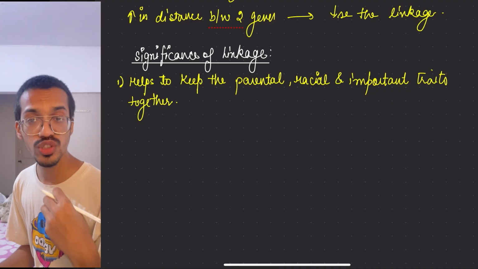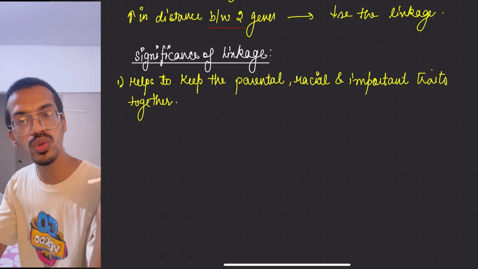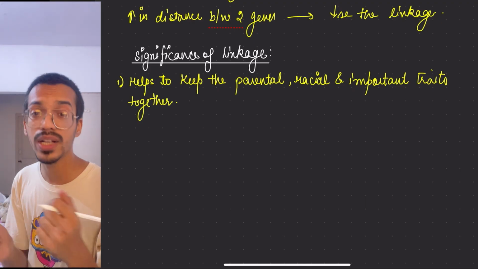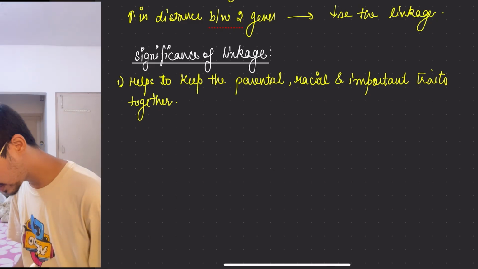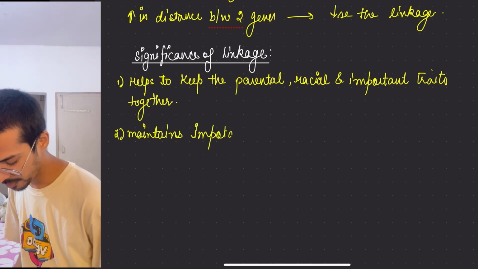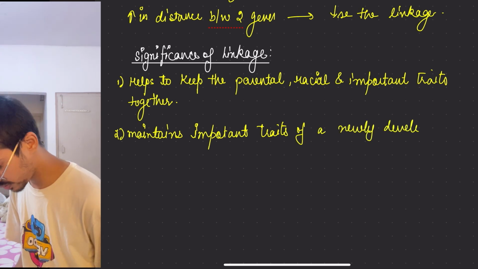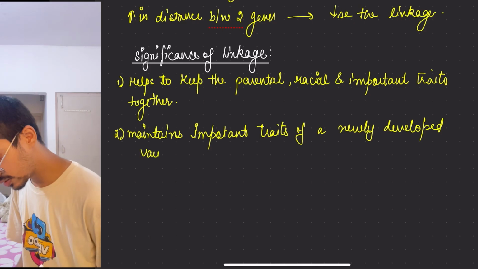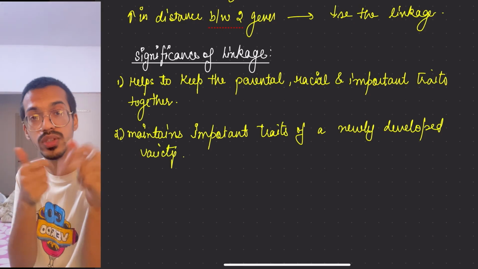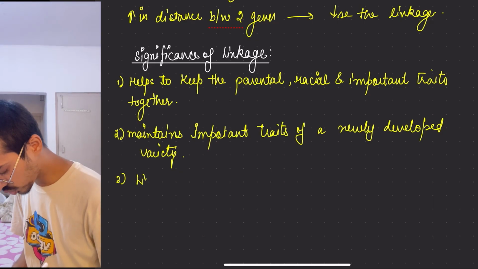Because in hybridization what happens, certain features go to the next generation and pass on. So some have that feature, some don't have that feature. Maybe I want it but I'm not getting it. Okay, like that. The next thing is it maintains important traits of a newly developed variety. So if the genes which I want, I put them closer so that crossing over doesn't occur in them. Okay, then third is linkage groups